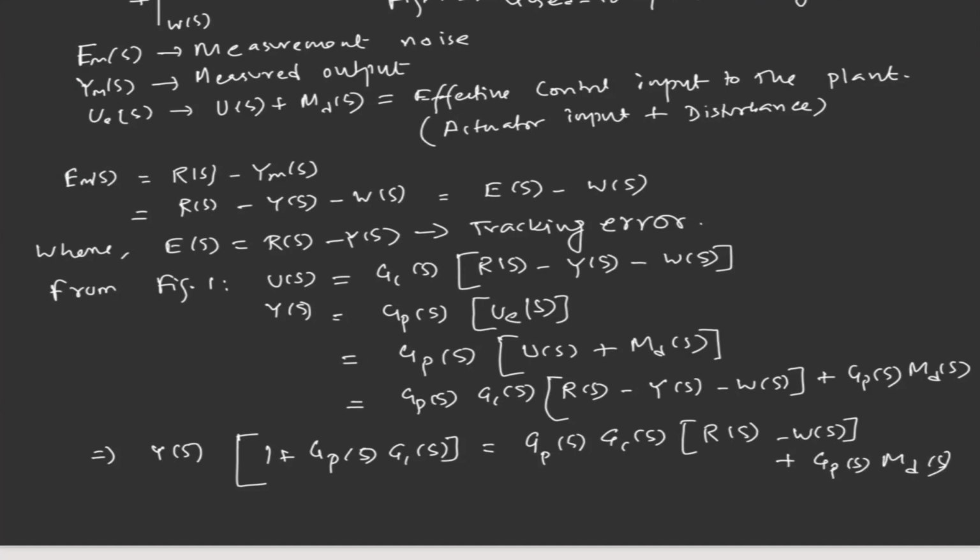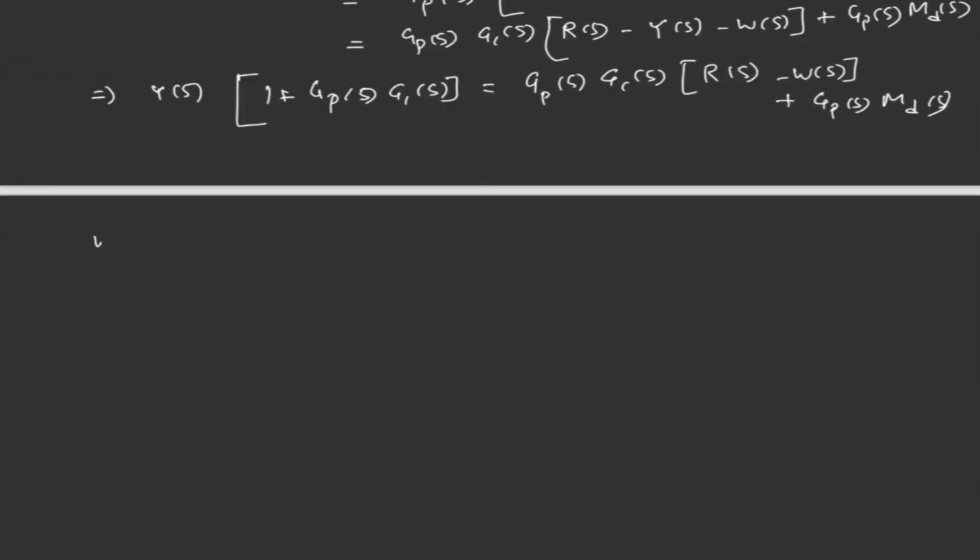So here we are going to find the overall error: how we can find the error due to the reference signal, and if the disturbance and noise are there, combine them. So this is how we are deriving. This you have already done, but here we are going to find Y of S equal to,